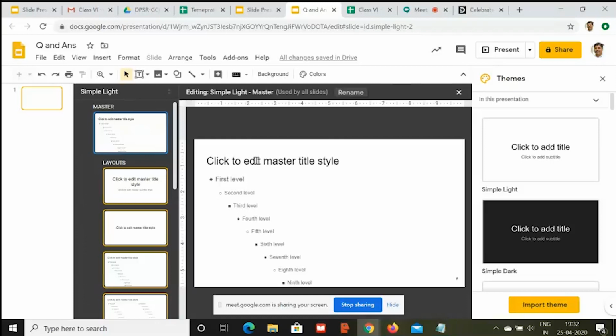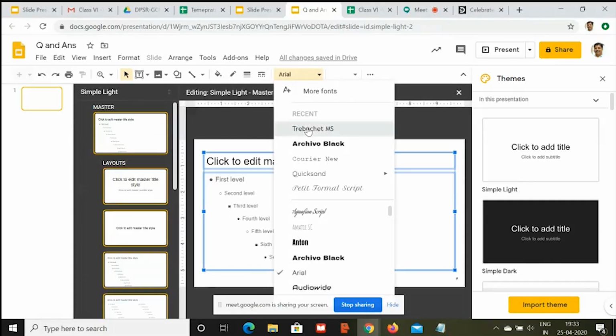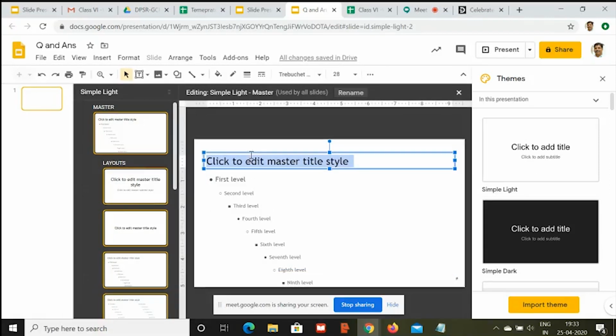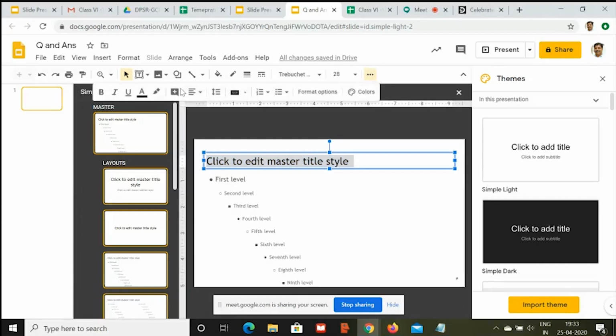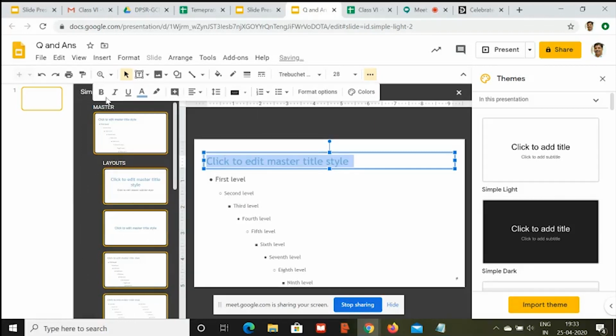Master, then select this part, and then go to font, select Trebuchet, and this time I want blue color headings, so it is going to be blue color selected by me, and I want it bold.